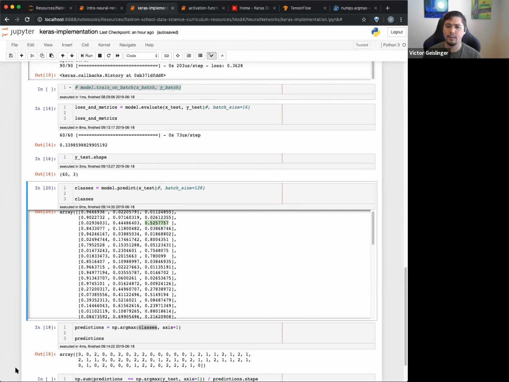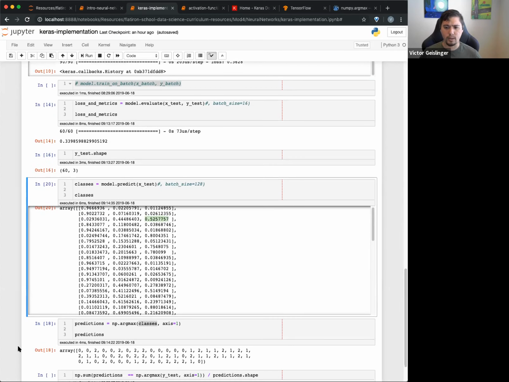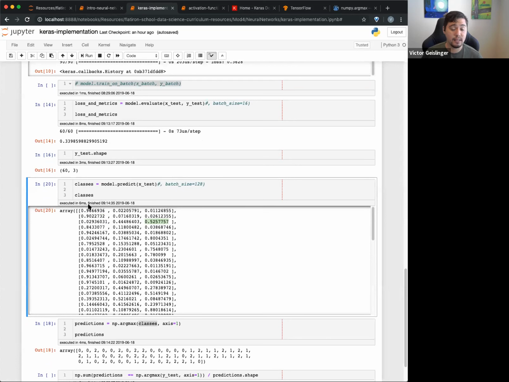Of the actual labels, which ones work, right? And this is going to be different from the loss function, because remember the loss function is comparing this to, let's say the actual one is 1, or the actual one is 0. It's doing 1 minus 0.96, but it's also doing 0 minus 0.02, and 0 minus 0.01, and adding up those squares, basically. That's our loss function right now for a categorical. Oh, sorry, it's not squared because it's using categorical cross entropy. But basically, it's using all of these values.